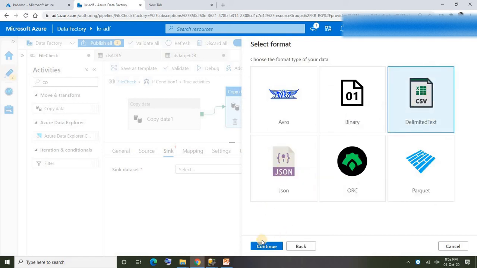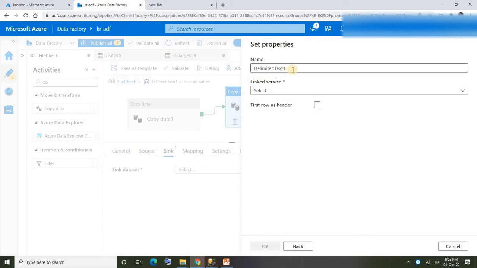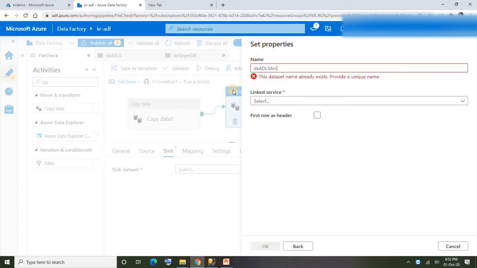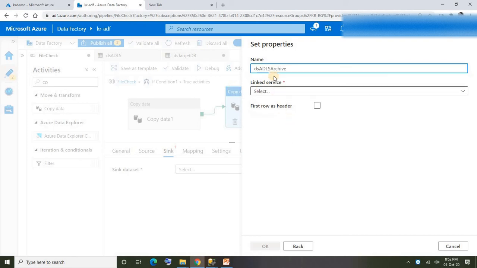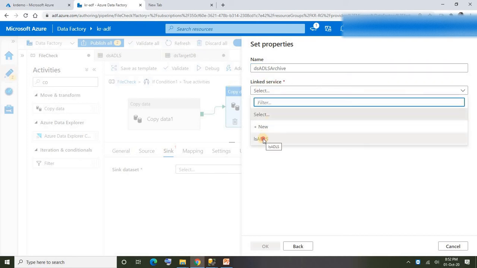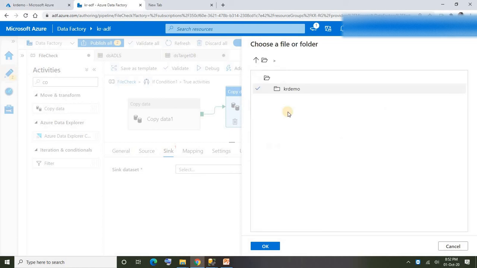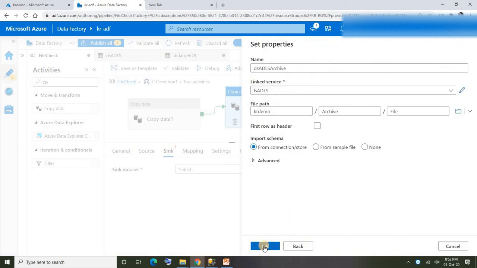ADLS Gen2, delimited text file, ds ADLS target, I'll say archive. Fine. And for the linked service, let me go for ADLS, and browse the folder where I want to archive. Under KR demo container there is a folder called archive, just select that. That's it, all done.